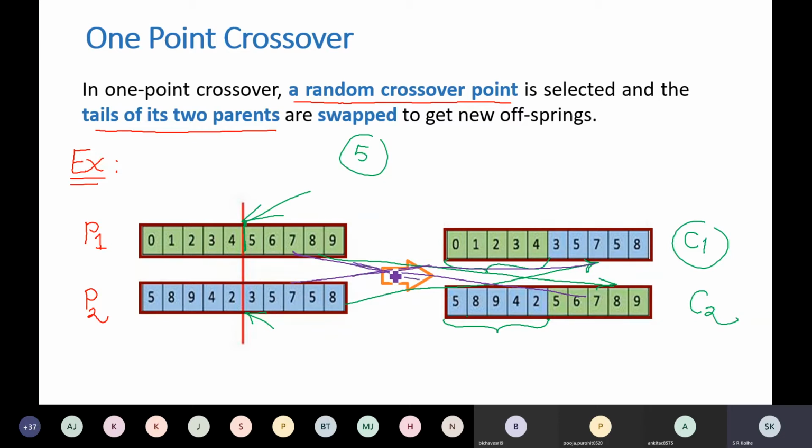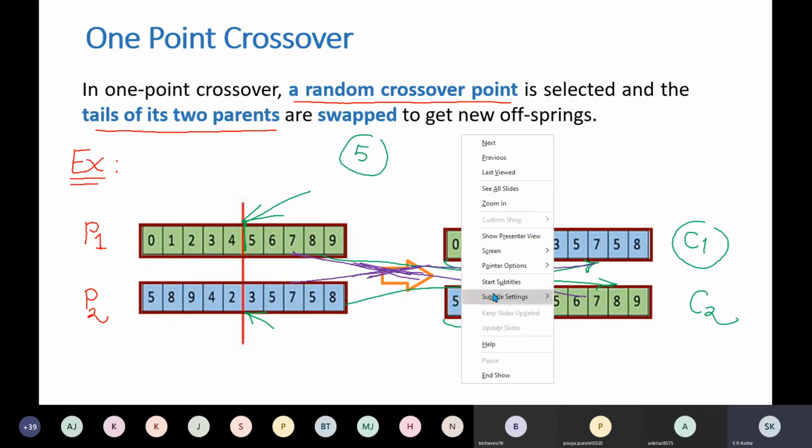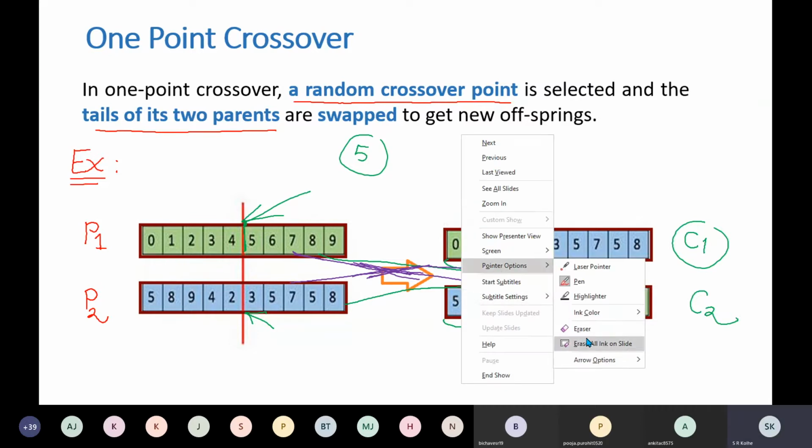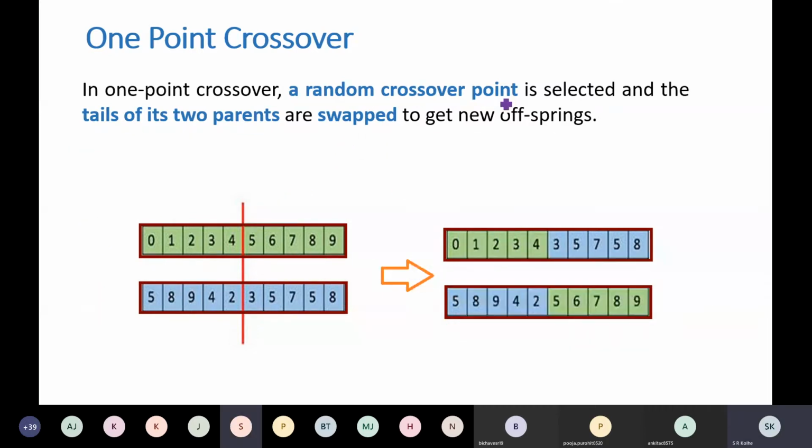So here there is a cross, right? Therefore we say that these are crossover technique. So some attributes of one parent and some attributes of second parent, we cross them to generate the offspring. This is how this one point crossover technique works. Understood? Yes, sir.